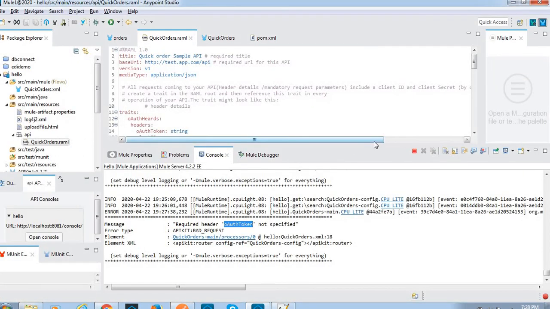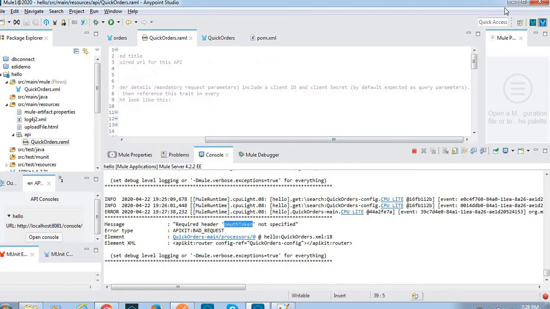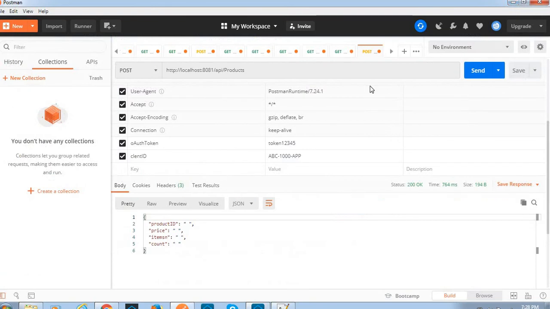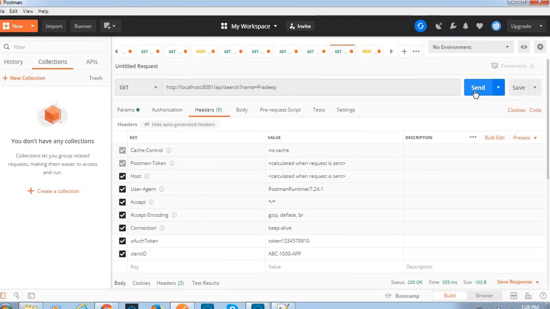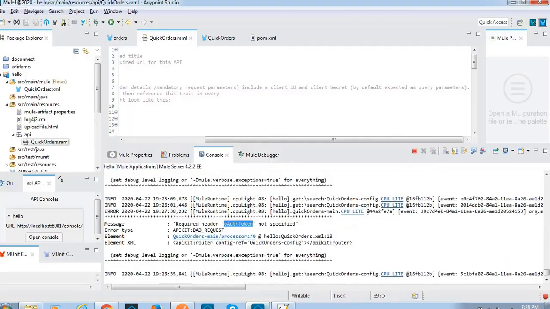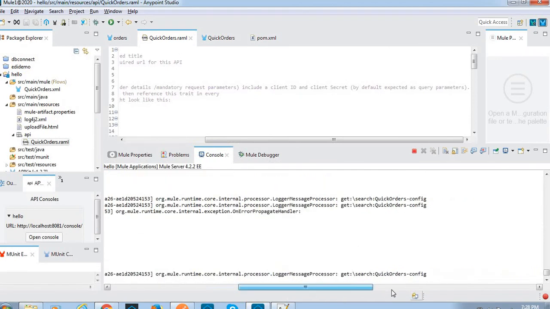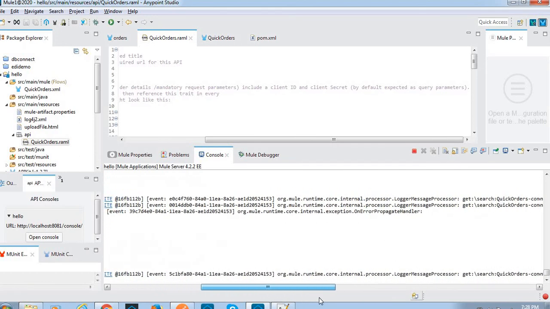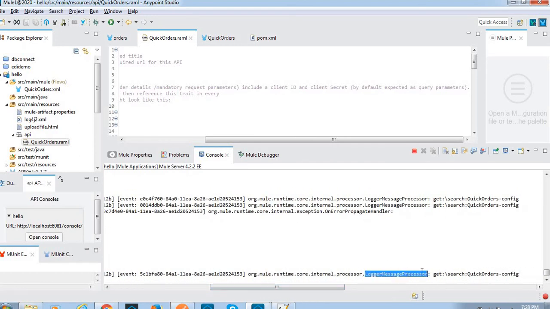Okay, make the request for search resource also. Yeah, we can see for search resource the logger component is used. That's why we are seeing this logger component. See, logger message processor.